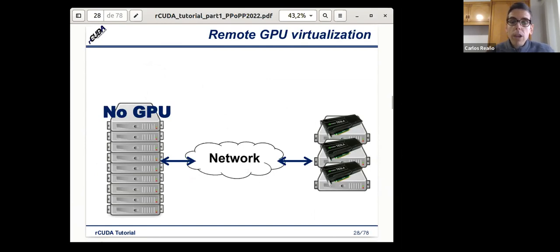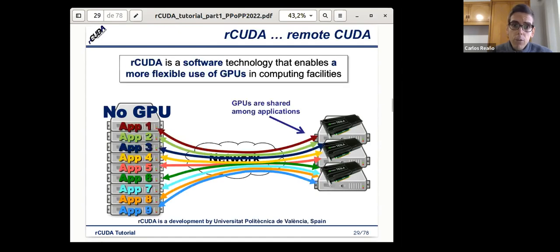And with this approach, we will be able to run GPU applications in nodes of the cluster which do not have a GPU installed. So here we can see that we have in every one of these nodes different applications, and they are able to use remote GPUs. So notice that one or more GPUs can be shared by one or more applications in the left part of the slide.